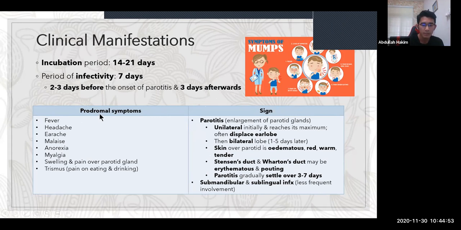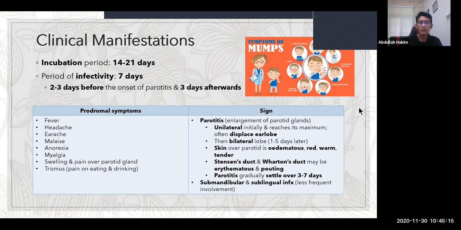So there are prodromal symptoms, which are the fever, headache, earache, malaise, anorexia, myalgia, swelling and pain over the parotid gland, and also trismus, which is pain on eating and drinking. So the signs of the mumps infection, we can see first, we can see parotitis, the enlargement of the parotid